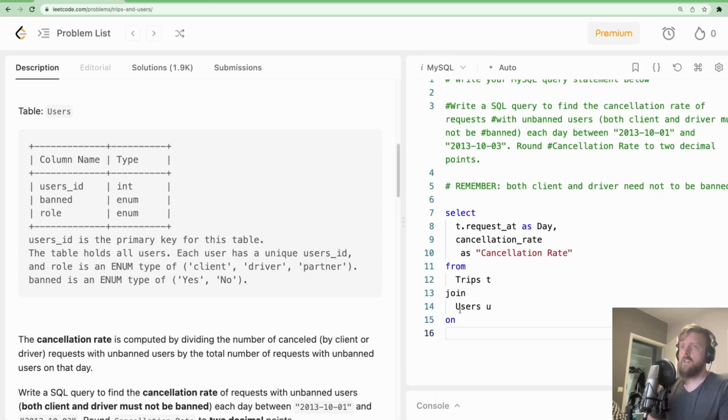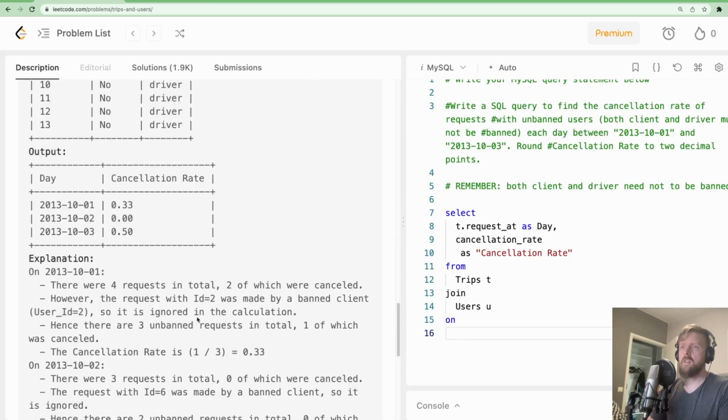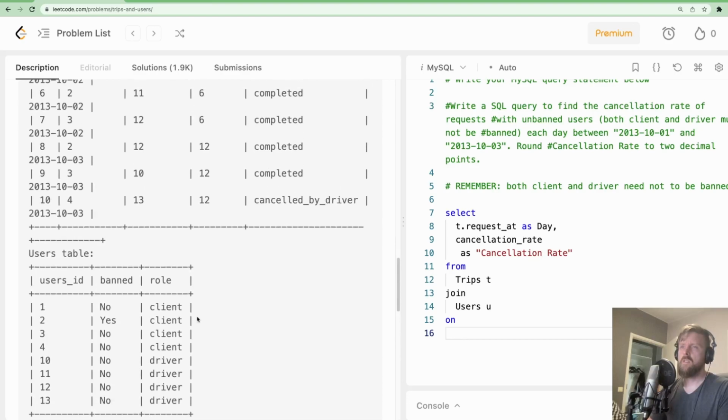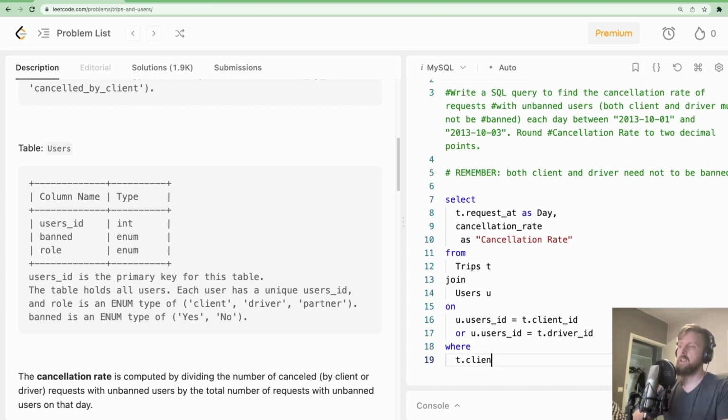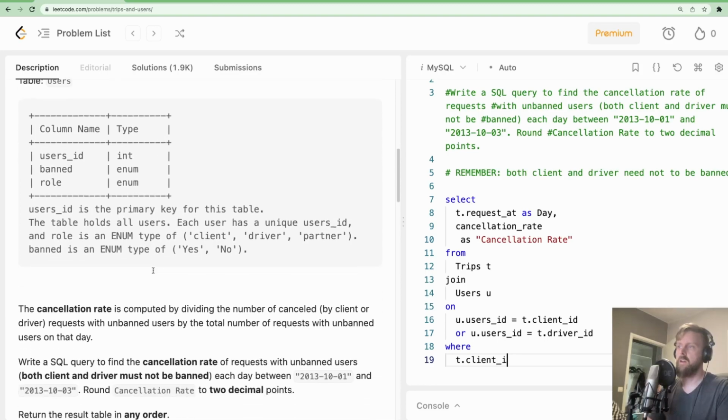And we need to join it on, so it's either where users ID is T client ID or users ID is driver ID, where T client ID, okay, actually it needs to be